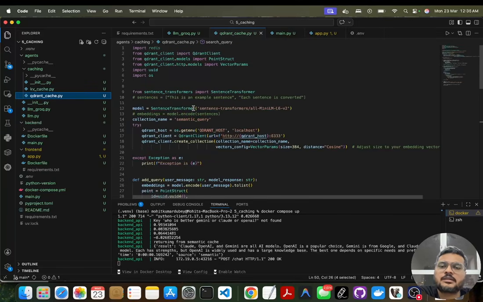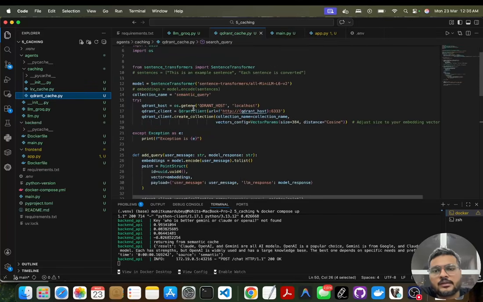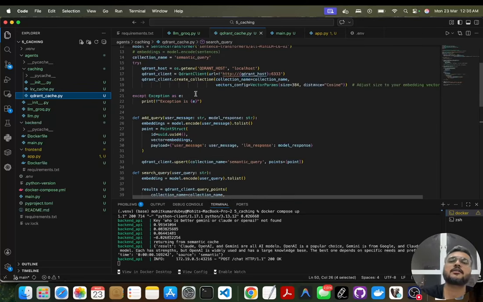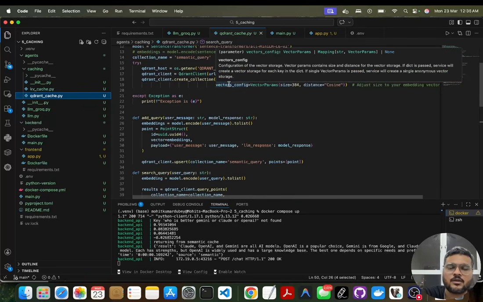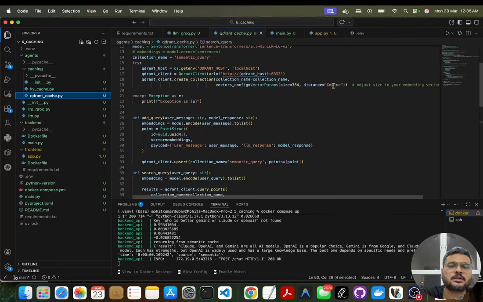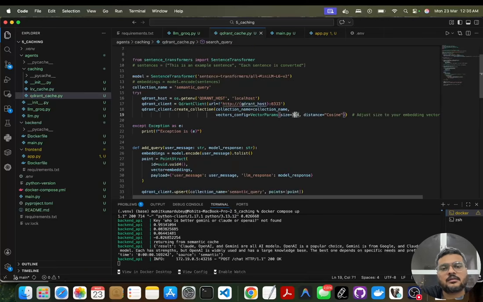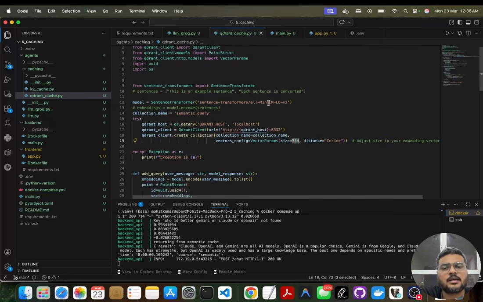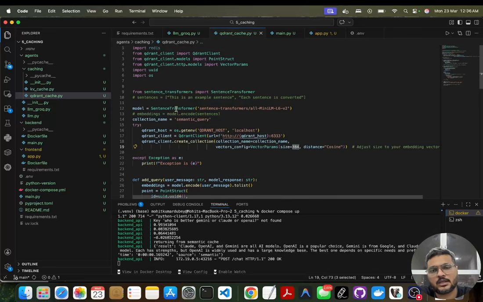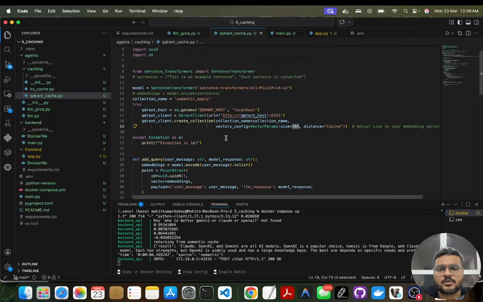Second vector DB is the Qdrant one that we are using, right? So first we are creating the Qdrant client. The client is created, we are creating a Qdrant collection, okay, and we are saying that we want it to be spaced with cosine, and we are going to use the MiniLM-L6-v2, which is around 384 dimensions of encoding that we are going to use. We are using it from the Hugging Face itself, using the sentence transformer. Okay,